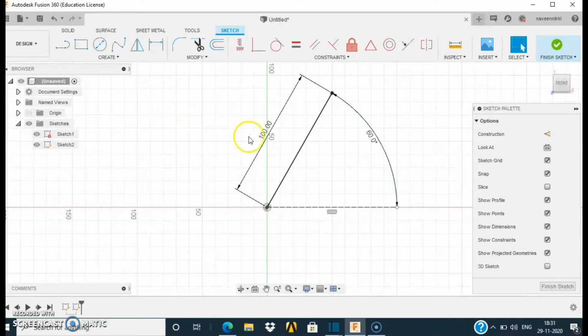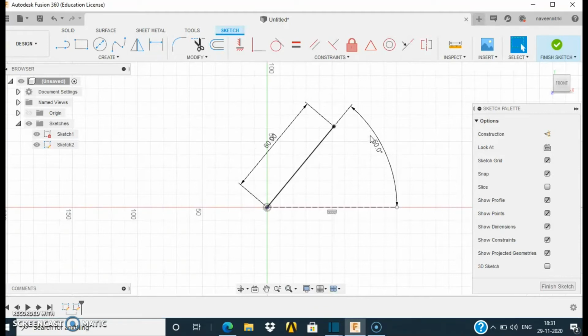If you want to edit the length of the line, just click 2 times on the dimension and put the exact value of the length, that is 80 mm, and press Enter. If you want to edit the value of angle, just click 2 times and put the value of angle, that is 50 degrees. It will create a line of 80 mm length at an angle of 50 degrees.